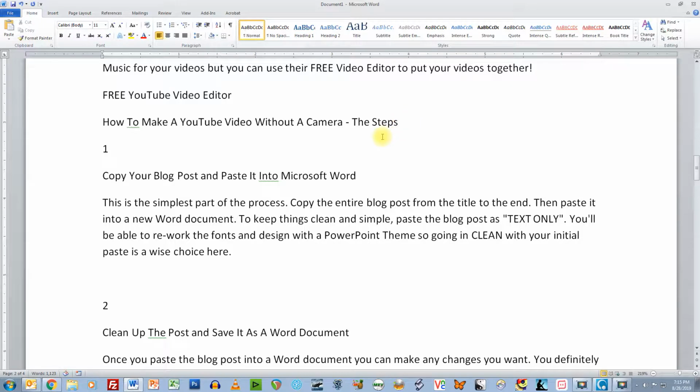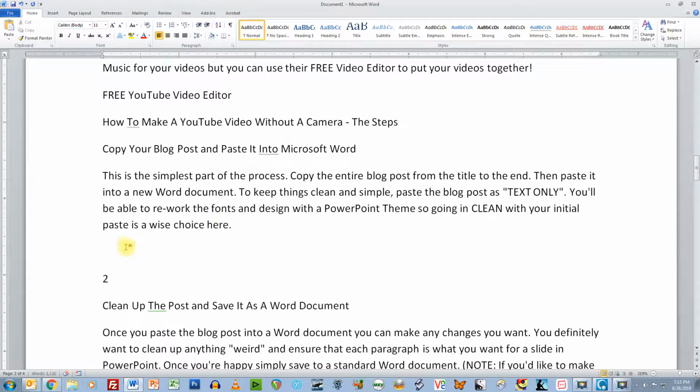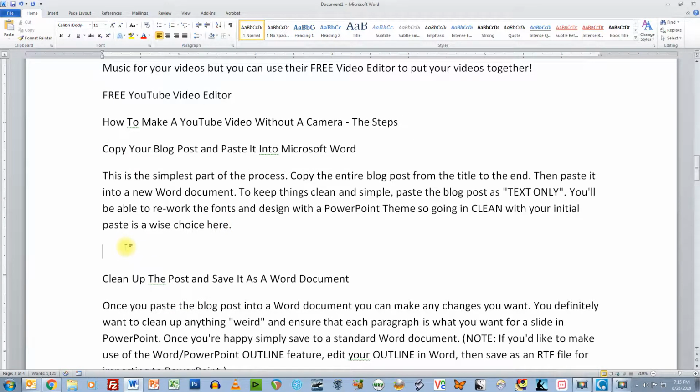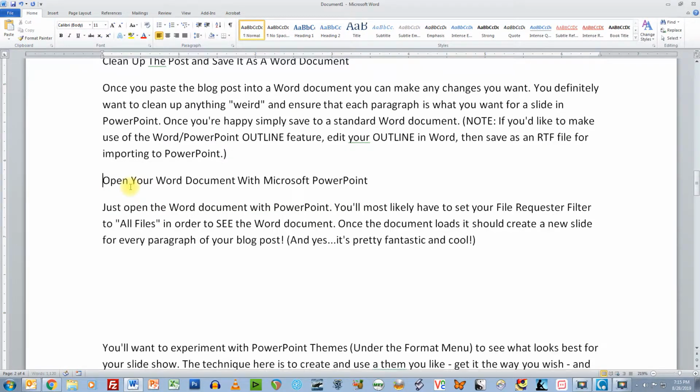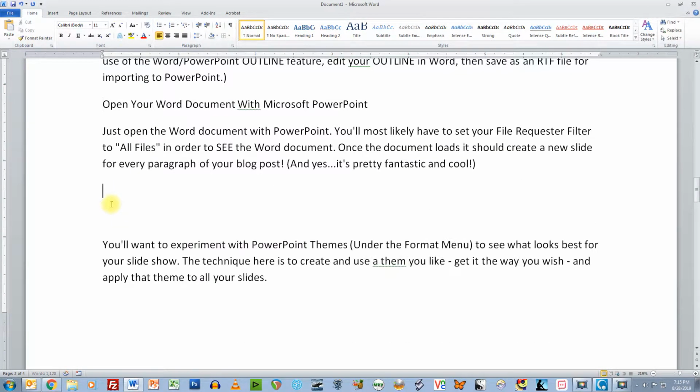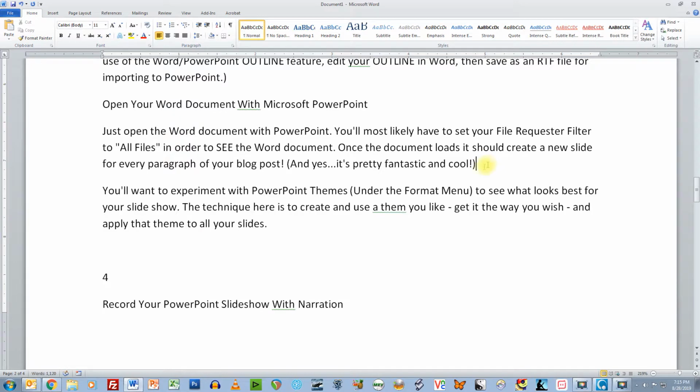Okay. Now these are my steps. I'm trying to think if I want to get rid of those ones. I think I'm going to do it. Yeah. I'm going to copy. I'm just going to put the steps in. And I'm going to get rid of these numbers. Okay. You got to make your choices on these things, but I'm just going to kind of simplify this down